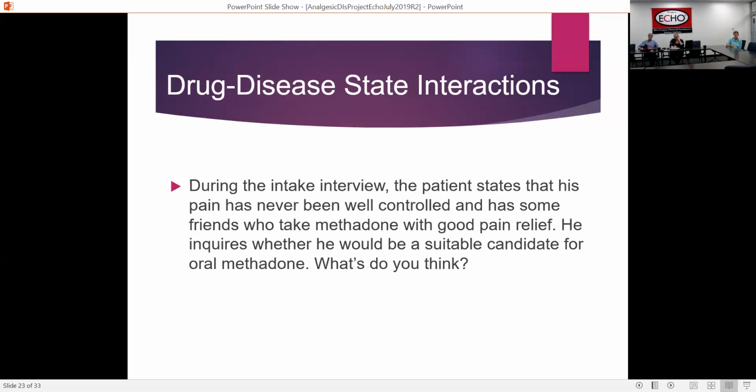So during the intake, the patient states that his pain has never been well controlled, and he has friends, get this, okay? He has friends who take methadone with good relief, and he inquires whether he would be a suitable candidate for methadone. So what do you think? And I don't think anybody in Zoom land is going to say, yeah, I think this is a good choice,